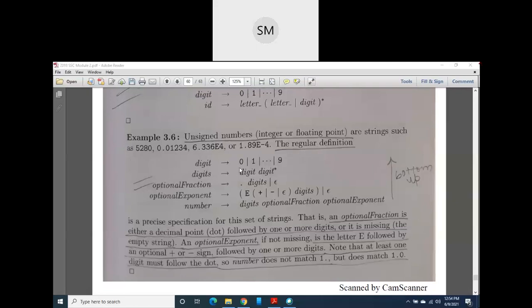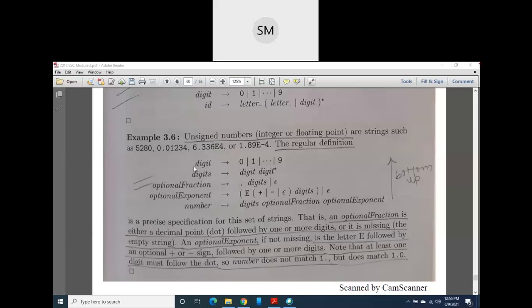For these unsigned numbers, I want to write one regular expression. If you write a regular expression for a digit first, it will be the same as 0 to 9. And then I write one more regular expression, that is digit followed by 0 or more digits, because consecutively there may be any number of digits, but minimum one digit will be there in our number, right? So digit will be followed by any number of digits. It may be 0 digits or any number of digits. For this regular expression, I give one more name, that is digits.